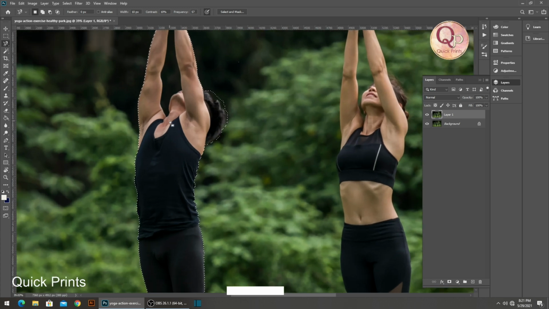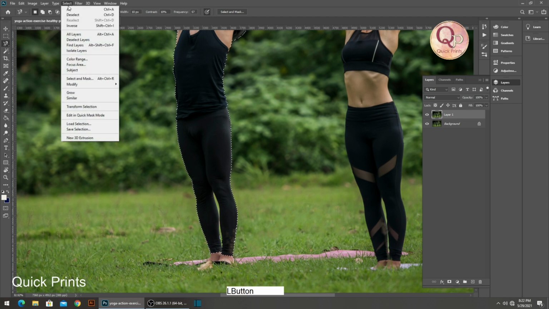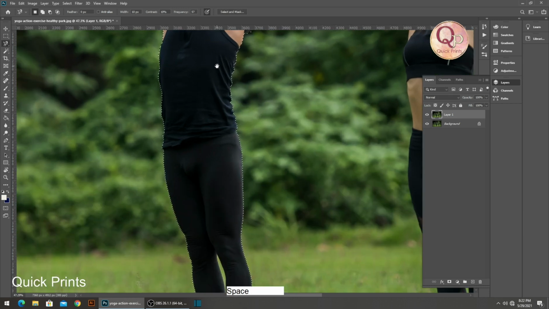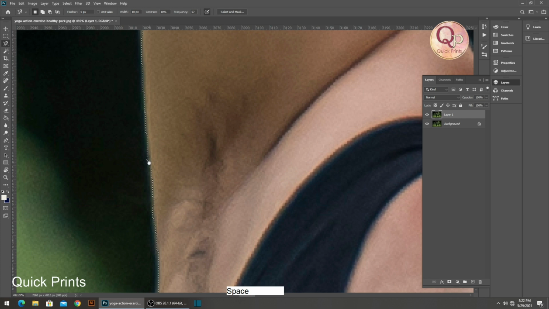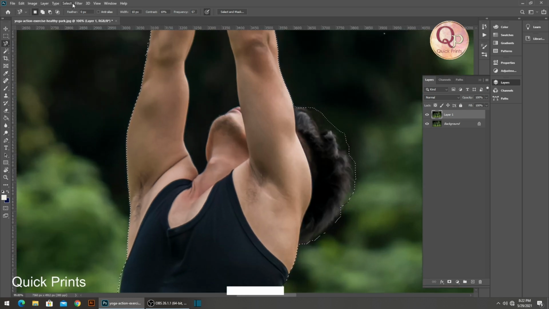Okay, so now what we need to understand is that the selection has been cut and we have left a few parts here. For that I have to increase the pixels. To improve the pixels, I'm going to Select, Modify and Expand. Here we need to see why we are expanding. Let me cancel it and show you. There are edges which are very fixed, and if we have this much extra part, it would be easy to work upon with a further technique. So that's why I'm improving the pixels. Let me expand these by 10 pixels.